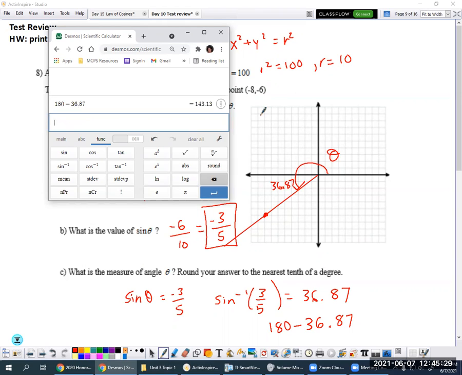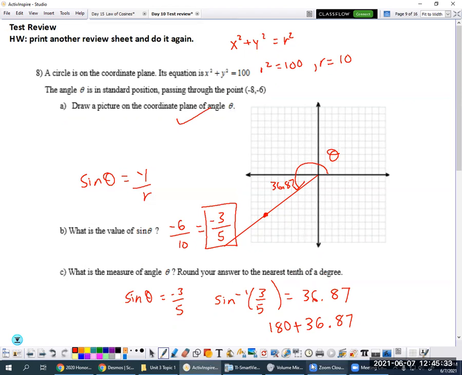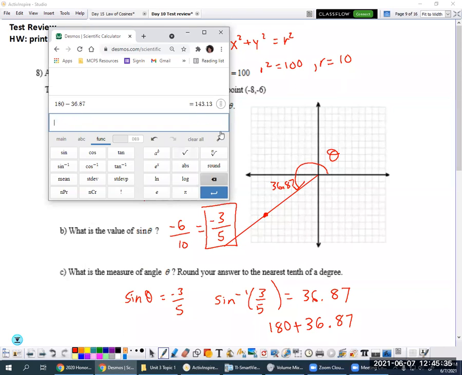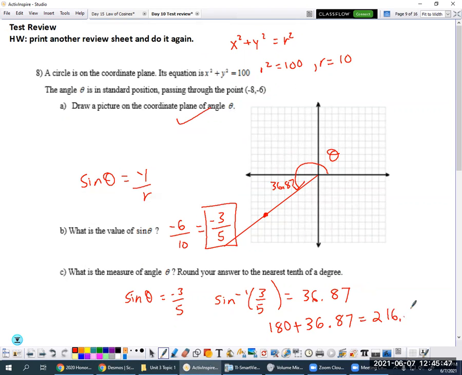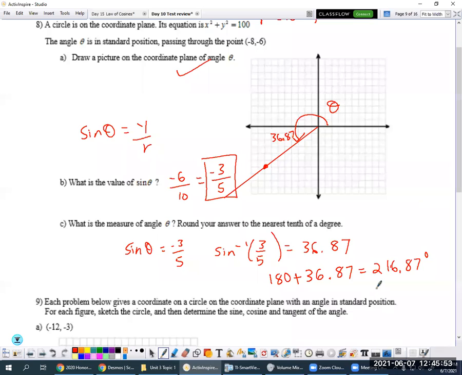And that does, whoops, I don't know why I just said minus, I'm going to say plus. So 180 plus 36.87. And that makes sense. 216.87 is in the third quadrant. Oh, one tenth of a degree. Pay attention to the rounding, woman. So 216.9